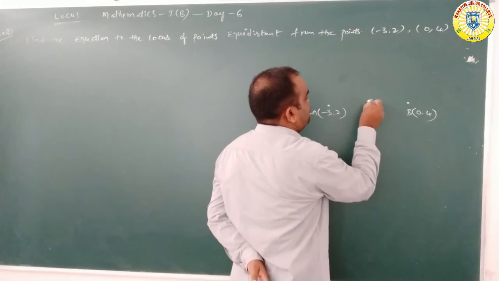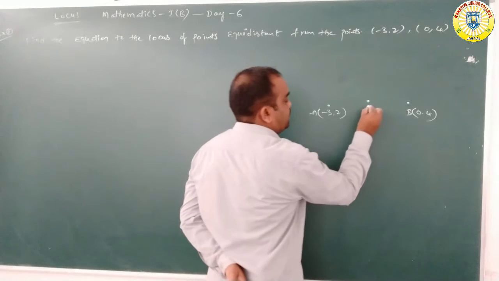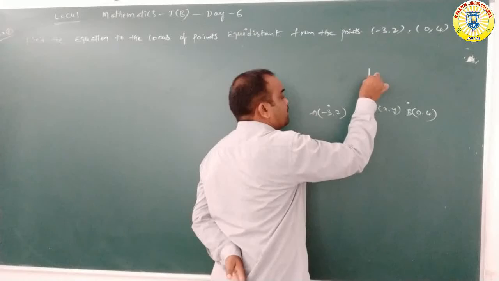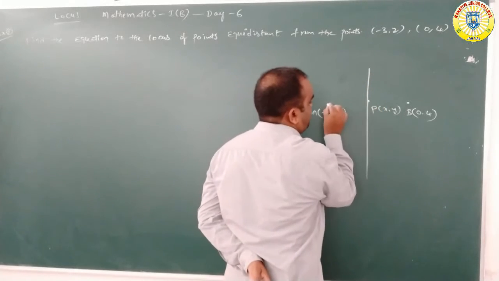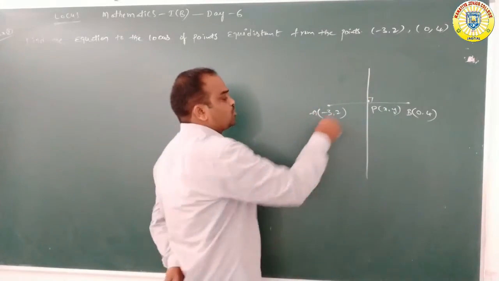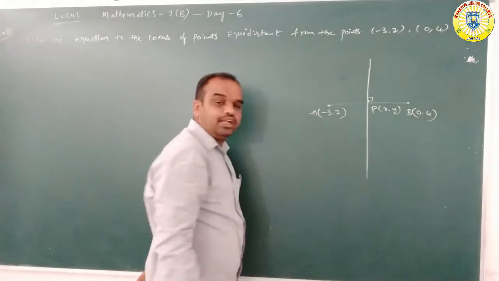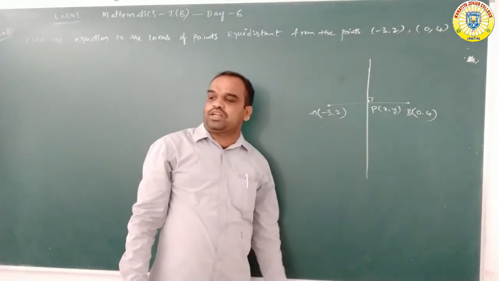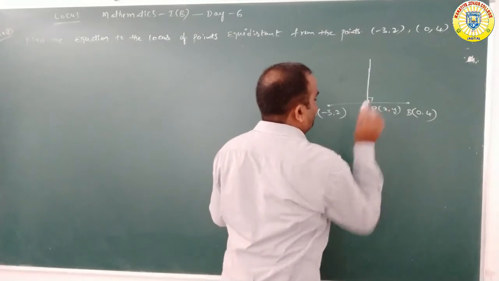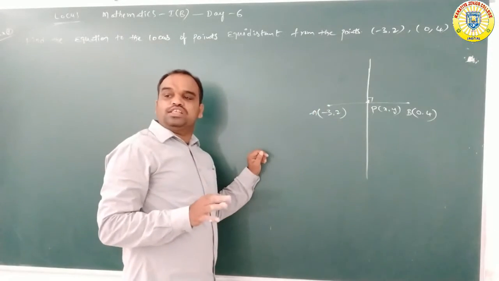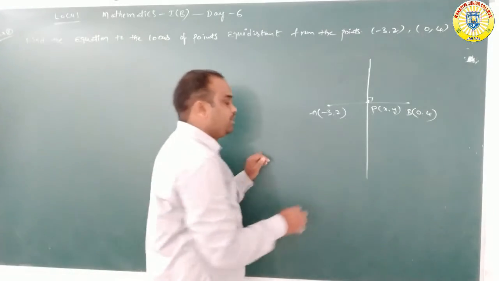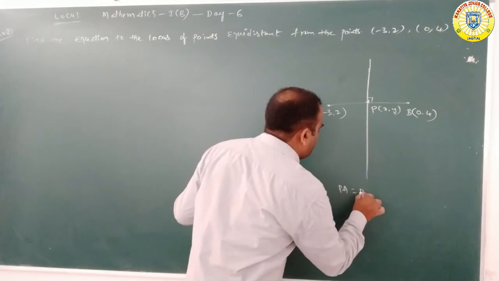This is the midpoint. Here P is the midpoint which we are taking, x comma y. At the point P we are drawing one perpendicular line. Any point on this line satisfies our given geometrical condition. Suppose P satisfies our given geometrical condition. What is our given geometrical condition? P is at equal distance from both A and B, that is nothing but PA is equal to PB.